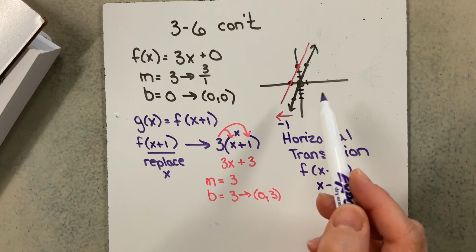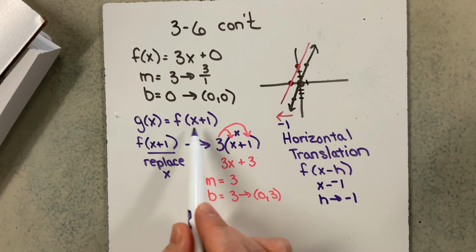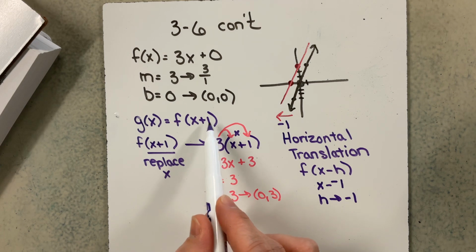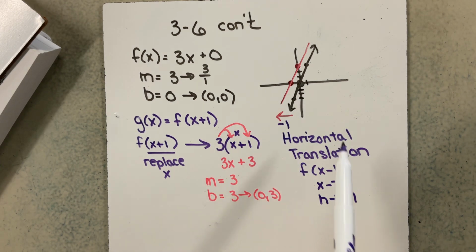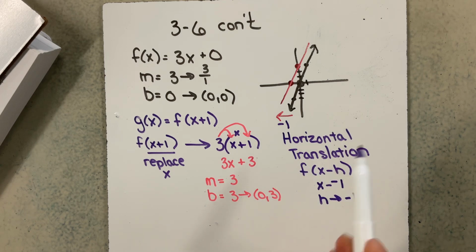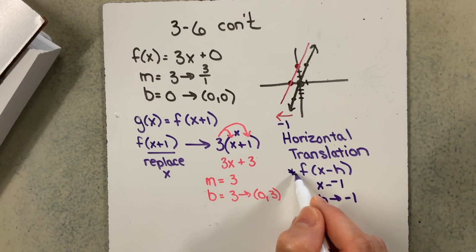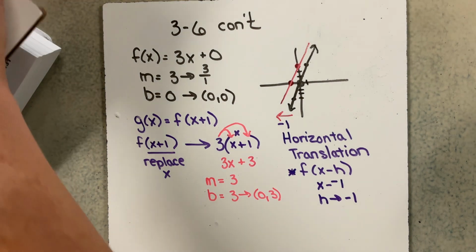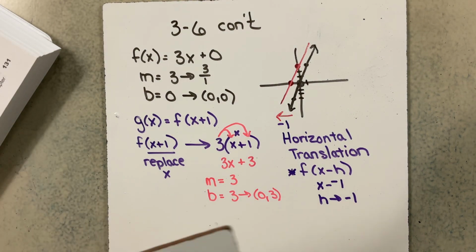So this is a horizontal translation. Because it's inside and it's affecting our f of x, it's moving 1 step, but it's going to move it to the left because of this formula here. Okay, so that is known as a horizontal translation. Vertical translations and then horizontal translations are 2 big ones that you need to be comfortable with. Okay, there are some other ones,